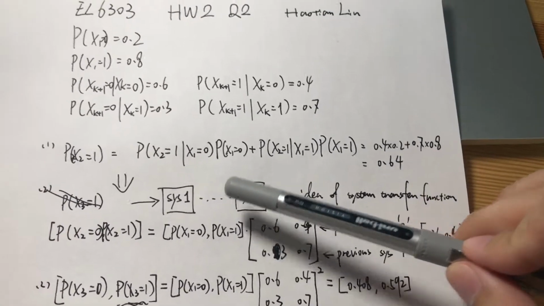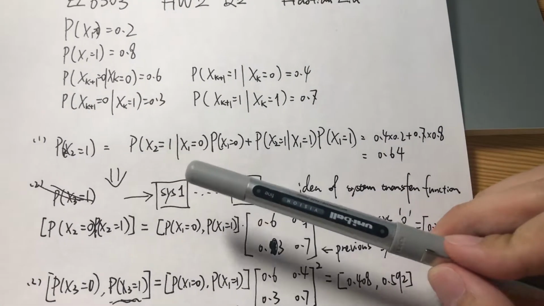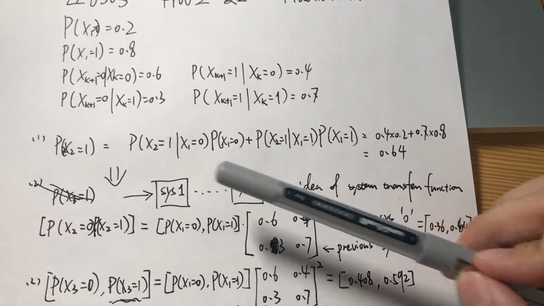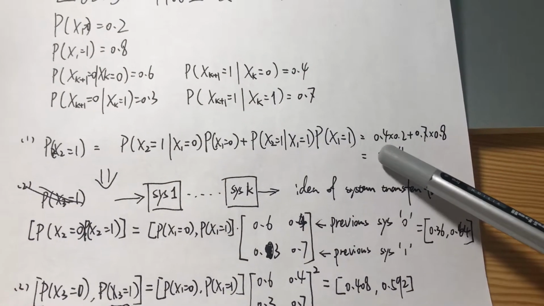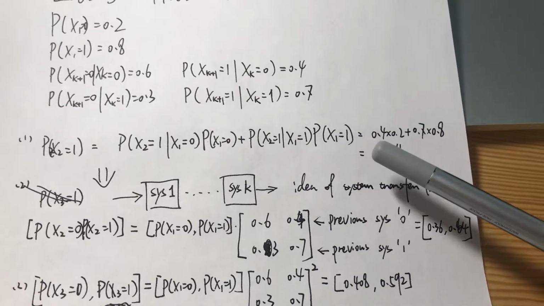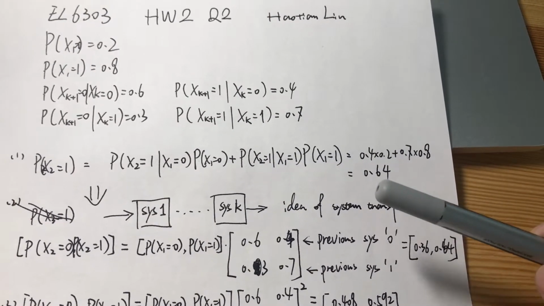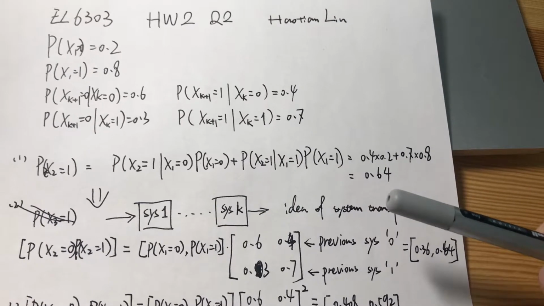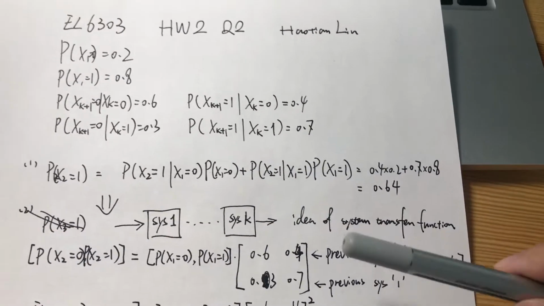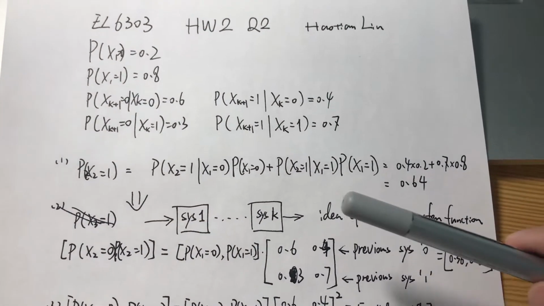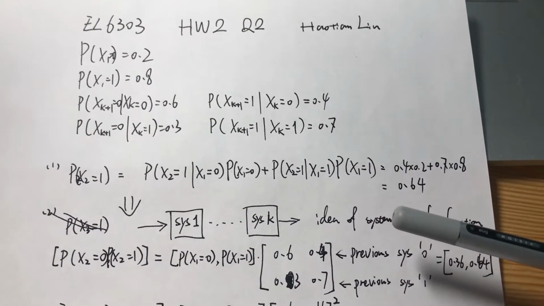So we use the conditional probability here, and we get 0.4 times 0.2 plus 0.7 times 0.8. So the probability of x2 equals 1